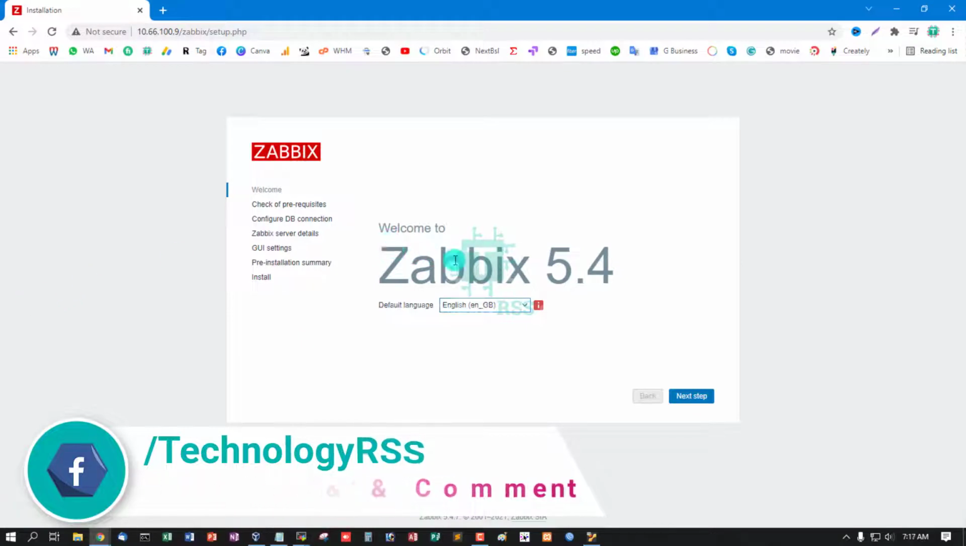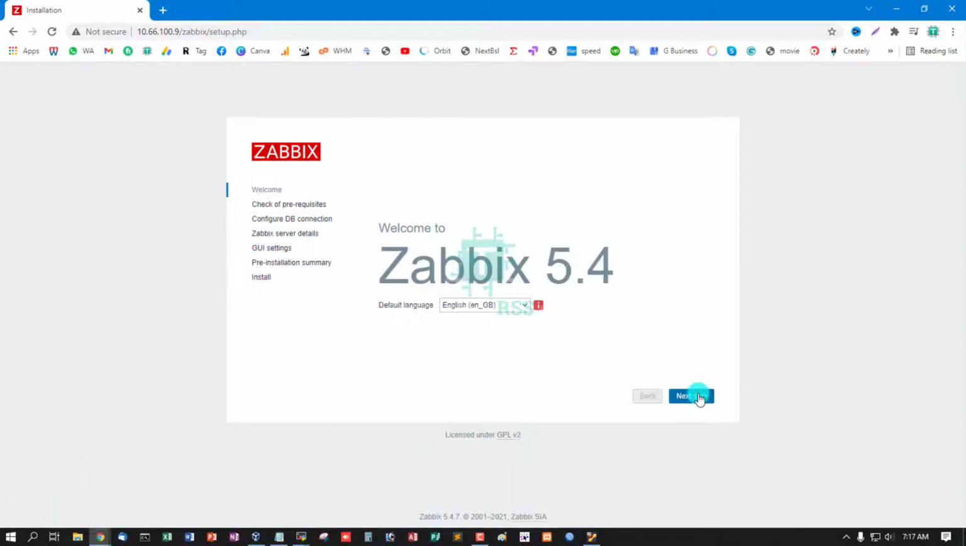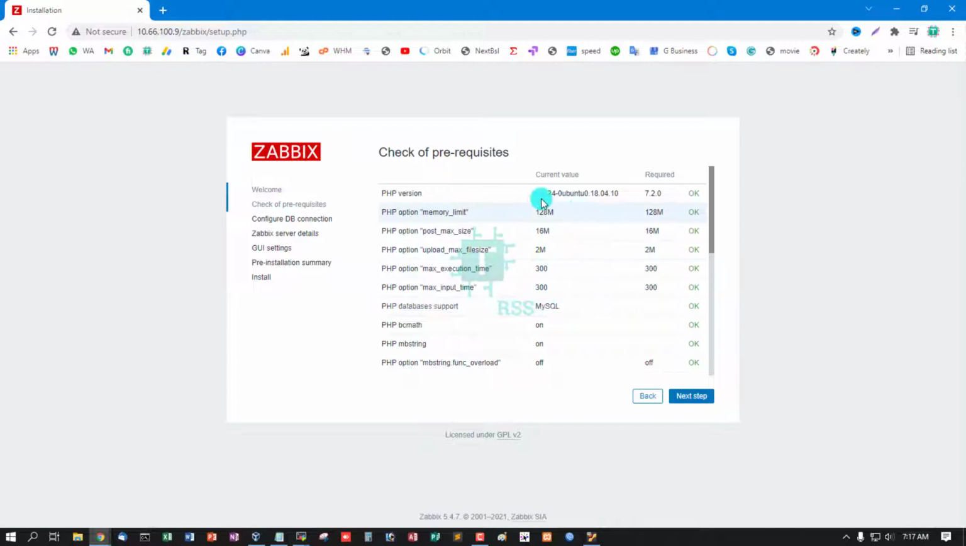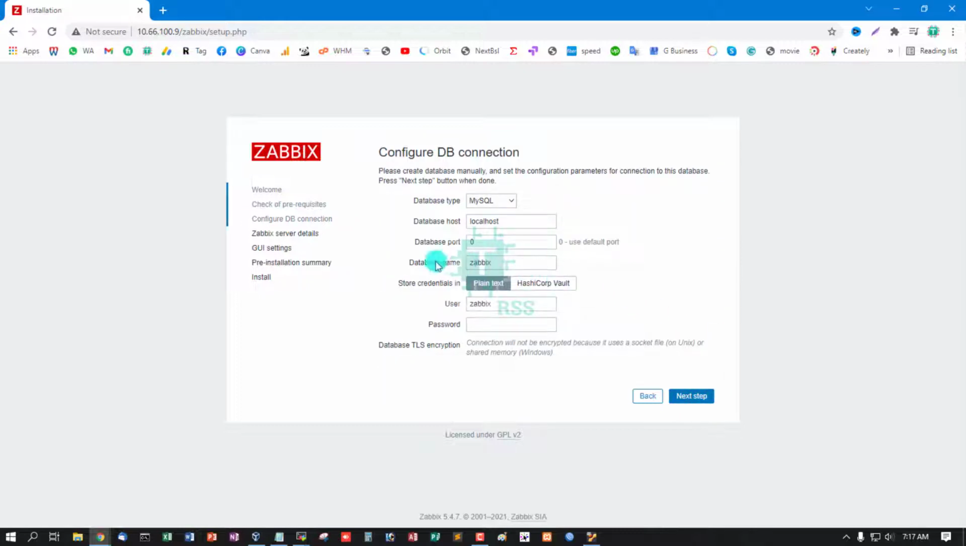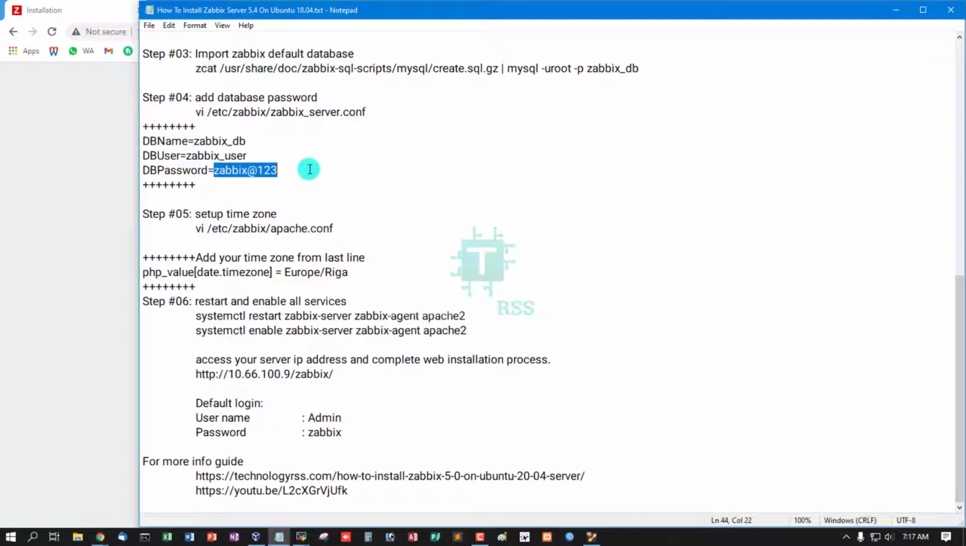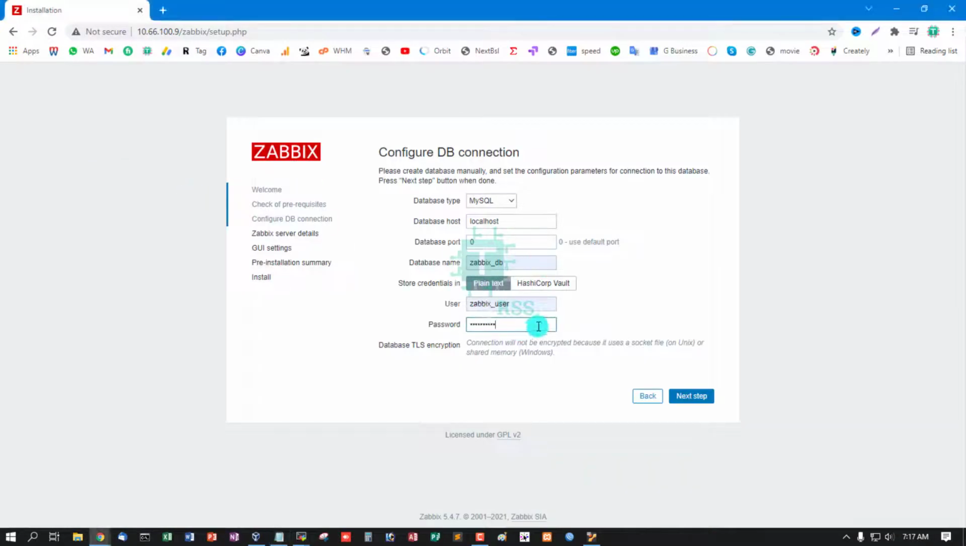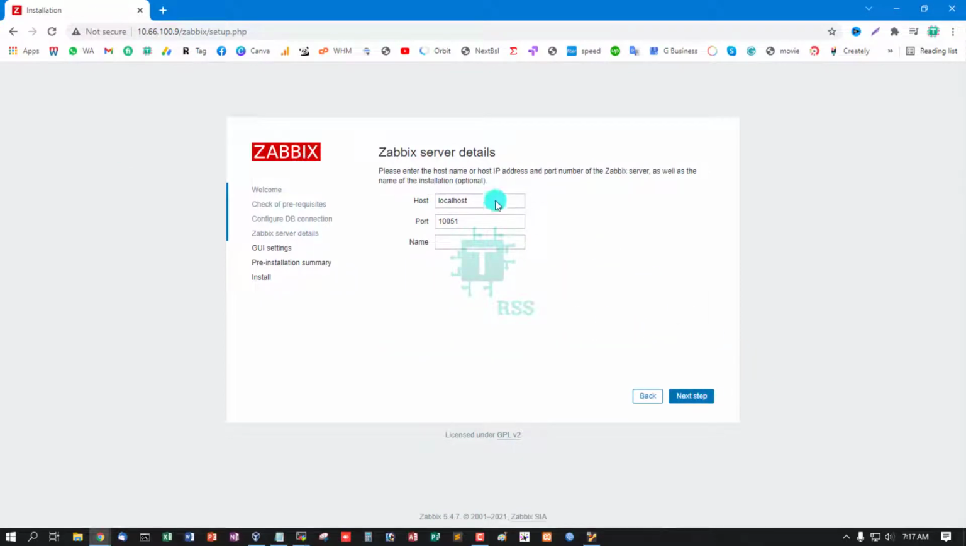The installation page is coming up. Welcome to Zabbix 5.4 version. Next step, check of prerequisites, all status is okay, and the database name is Zabbix_db, user Zabbix_user, and this is the password. And then click next step, Zabbix server details,